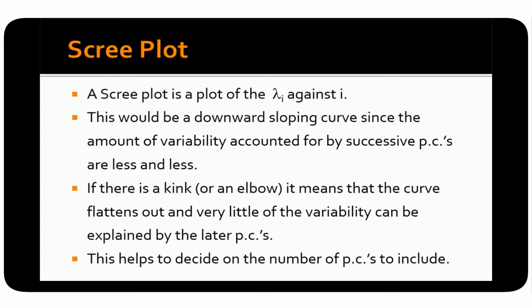Now, what we can do is have what is referred to as a scree plot. Now, what is a scree plot? A scree plot plots the eigenvalues against the corresponding i. So, you plot lambda i hat against i. Remember, lambda 1 hat is the largest, so the first point has the largest value, and then this would be decreasing. Okay? You can join them by lines,